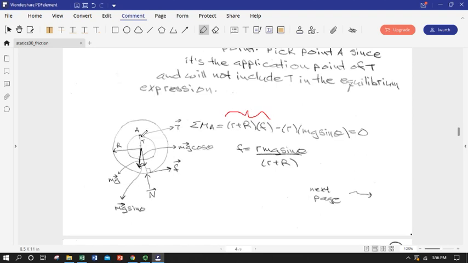And I can look at what other things can cause a moment about A, and I need to look at a portion of the weight force. So here's the weight going vertically downward, and the normal portion of the weight force isn't going to produce a moment about A, but the downslope portion will. It's acting at the center of mass, so I have my mg sine theta acting at little r. This is little r between A and the center of mass. So that's this one. So if I solve for F, I get r mg sine theta over little r,